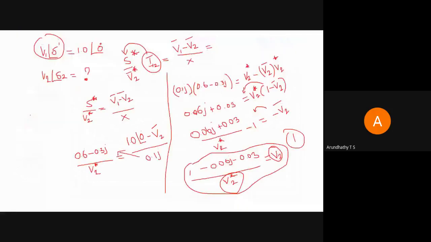Sir, actually that last equation, one should be separate, no sir? Yeah, this one. Right. 0.06 will be there, and v2. Yeah, v2. This one is now separate, right? So this bracket will be alone for this term, right? Yeah, correct. We can take the 1 minus outside, and keep the total plus inside, right? So the final equation will be 1 minus the bracket, right? Am I correct now? Yes sir. Yeah. Thank you, Arundhati.